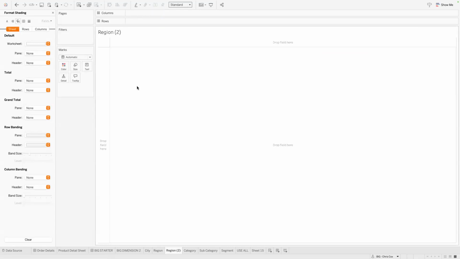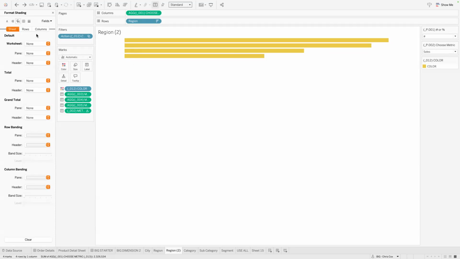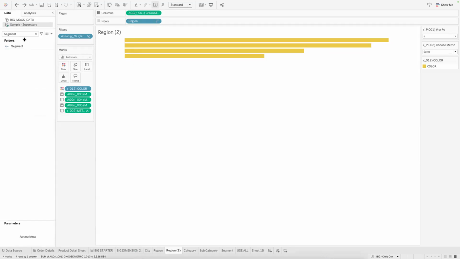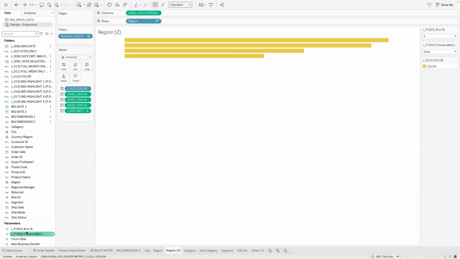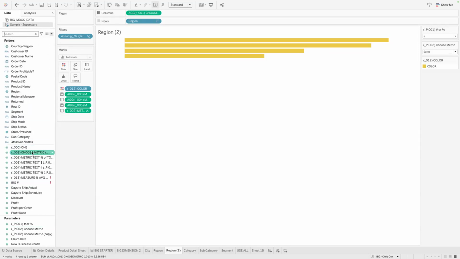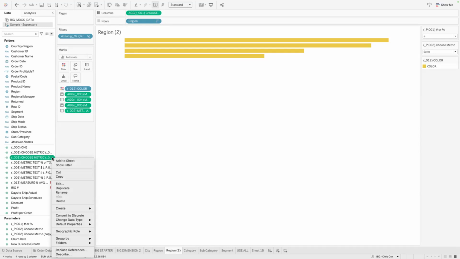So I would just wipe that out, and let's just say, actually, I can't wipe it out because it'll add some things back. But if I said, okay, I wanted to look at my main metric, and then I wanted to have a secondary one, I could definitely do that. So I could duplicate this one, and that gives me another metric to choose from. Let's say I go in here and I look at my metric, my 001, and I'll just duplicate this one. I'll show you a cool thing to do.